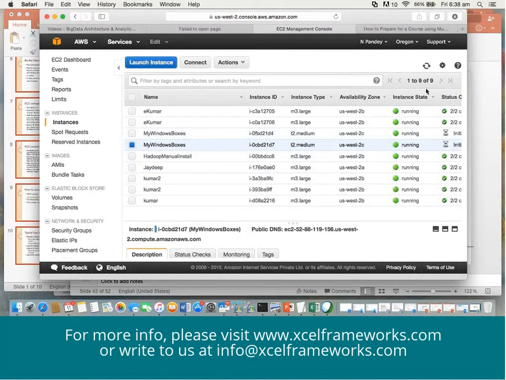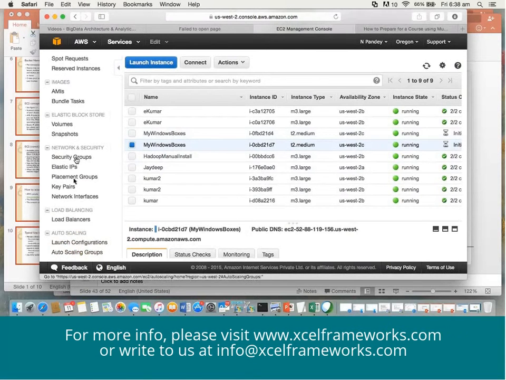So Nakul, now if I give you a task of creating a Windows box and Linux box, you'll be able to do that, right? As an administrator, if these tasks are there. If I ask you to create a security group, can you create a security group? The objective of a security group is what? To help you in securing or defining a security policy for your boxes. That's the objective, right?